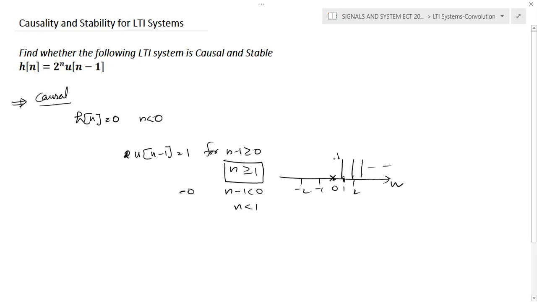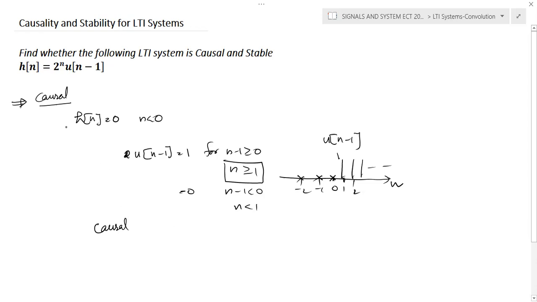So at n is equal to 0, it's 0, minus 1, minus 2, etc. This is u of n minus 1. If you observe the signal, you can see that for n less than 0, for this particular signal, the signal amplitude is 0. So we can conclude that the given system is causal,